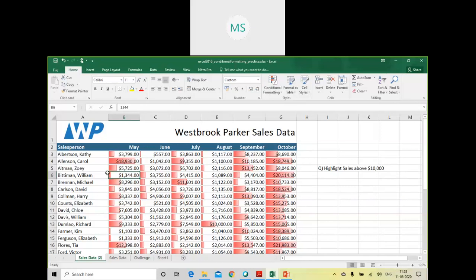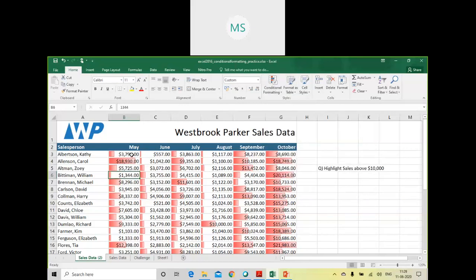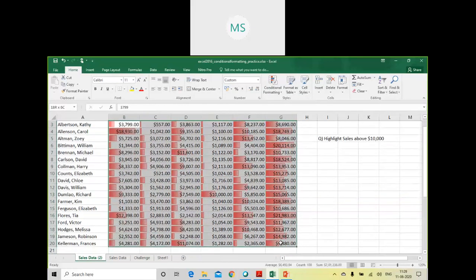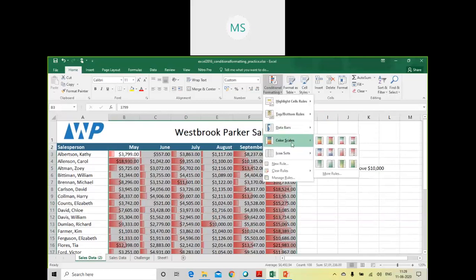The only thing is that you have to select the format and the cell will be formatted or highlighted accordingly. Okay, instead of these data bars, if I want to make use of color scales, what I do, when I select this particular option, just see, it is very interesting. I select this entire area and I go to this option, color scale. The color scale option allows me to select a range of colors, and the moment I select a range of colors, the entire selected area will be highlighted accordingly depending on its value.